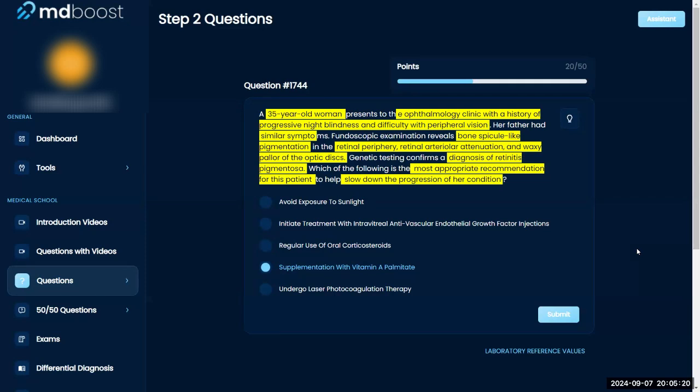Retinitis pigmentosa. Let's see. Bone spicule-like pigmentation. None of this is ringing a bell too much. Is it maybe photocoagulation? I'm not sure. I mean, you're just trying to slow down the progression of the disease. That's a little extreme. That's why supplementation makes a little sense here. I would go pretty conservative with this. So either